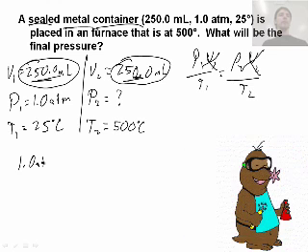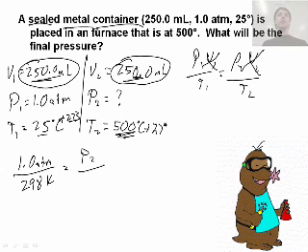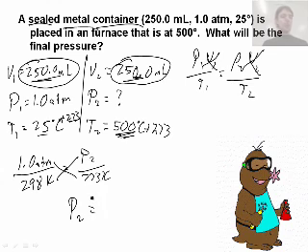P1, 1 atmosphere, over T1. Oh, can't use 25, have to add 273. So that's 298 Kelvin. Okay, 25 plus 273 is 298. Okay, P2, don't know, that's what we're looking for. Can't use 500, we have to add 273. So that's 773 Kelvin. Cross multiply and solve for P. P2 equals 1 times 773 divided by 298 equals